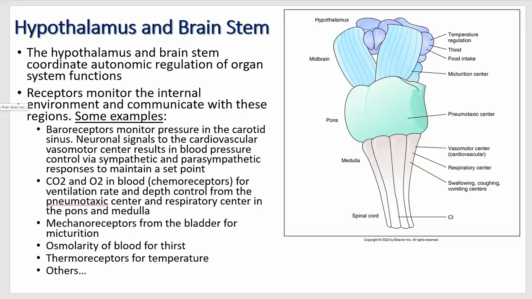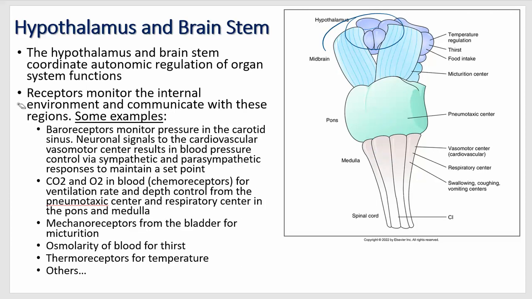Okay, so the hypothalamus and the brainstem, I kind of alluded to that a little while ago. The hypothalamus is in charge of autonomic control, and so are certain areas of the pons and the medulla. We consider that kind of the lizard brain. That's like the part that's not very developed and pretty much works the same in every species. So we can kind of go through that and look at how that works. So the hypothalamus, we see the hypothalamus up here in this area, and then the pons and the medulla here,